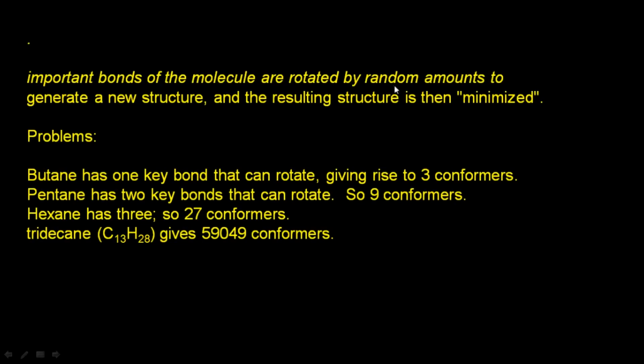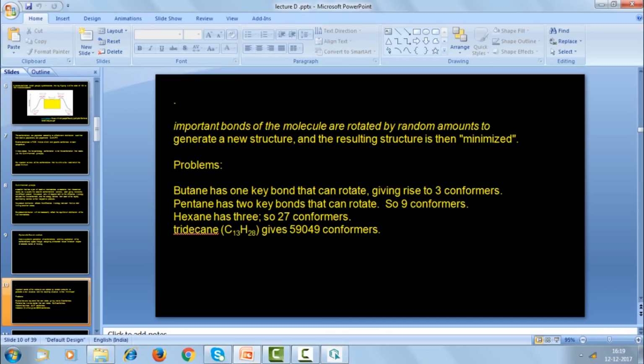Important bonds of the molecule are rotated by random amounts to generate a new structure, then the resulting structure is minimized. For example, butane has only one key bond that can rotate, so it can give 3 conformers. Pentane has 2 key bonds. Pentane means C5: 1, 2, 3, 4, 5. So, pentane has